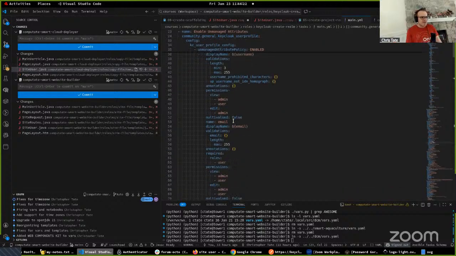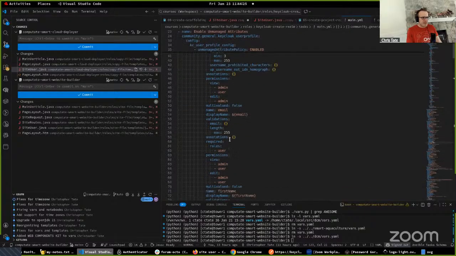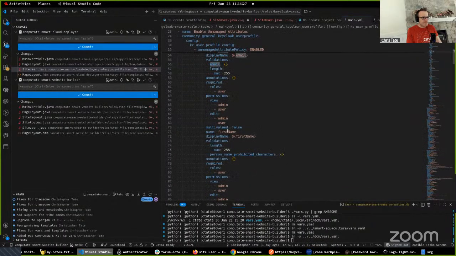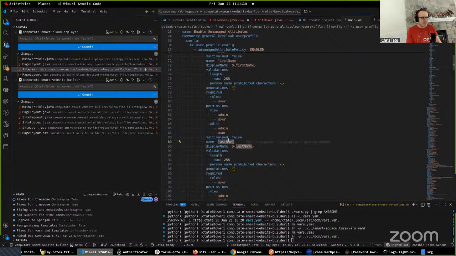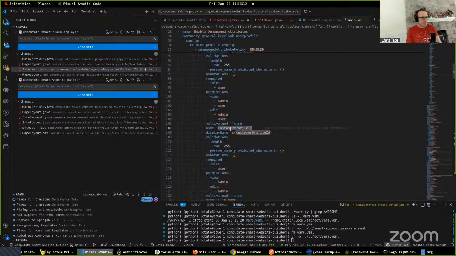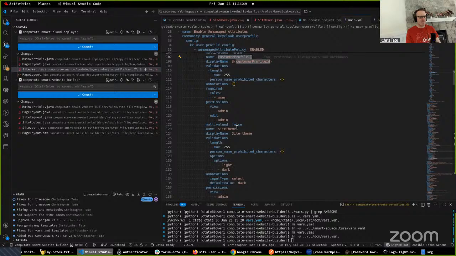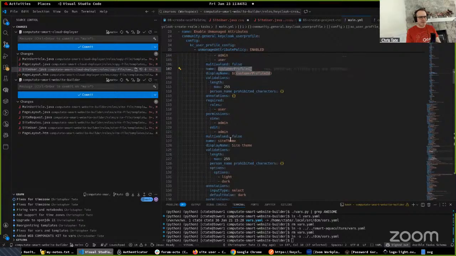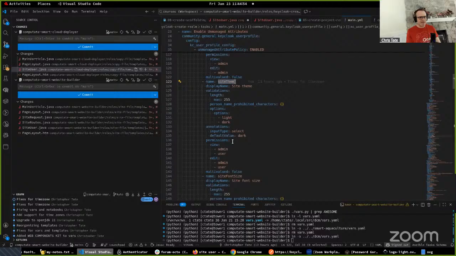What we're doing here, we're setting up username, email, first name, last name, customer profile ID. This is useful if you are building a site that integrates with a payment processor where the payment processor gives each user an ID so that it remembers their credit card information on their side. You might need that in your application, and then a site theme, which is specified as